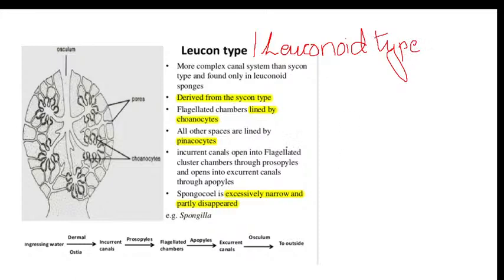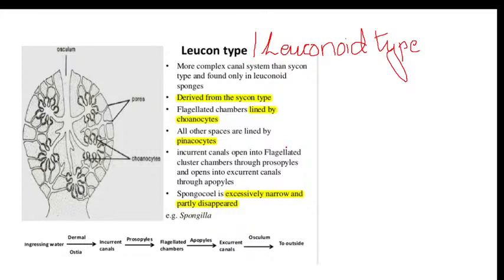Leucon type or leuconoid type. They are the more complex. Leuconoid type is the most complex. Ascanoid is simple, sycanoid is a little complex, and leuconoid type, or leucon type of canal system, is more complex still, and they are derived